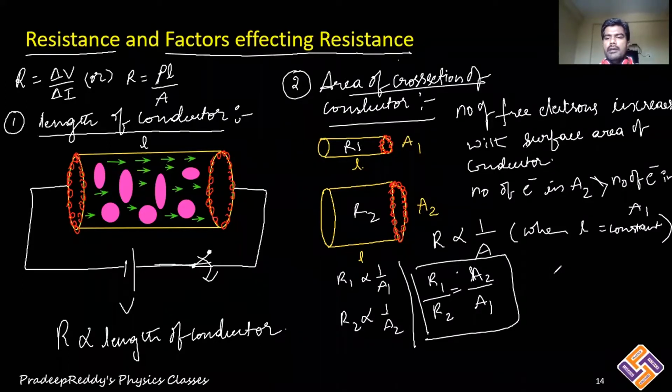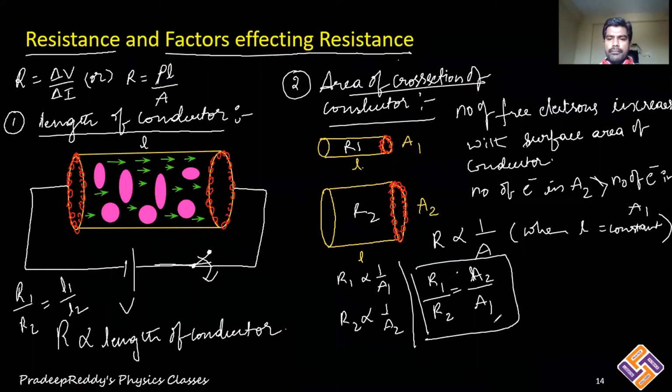That also, you can use the percentage change formula and find out the change in resistance if the percentage change in the area is given to you, right? So in the first case, R1 by R2 is equal to L1 divided by L2, and in the second case, R1 by R2 is equal to A2 by A1.